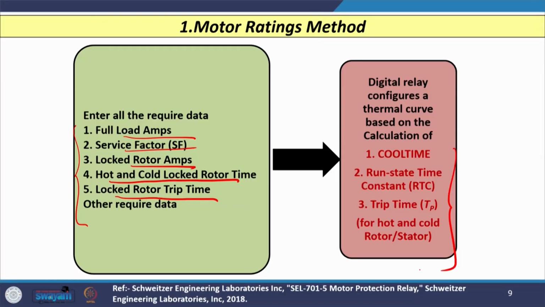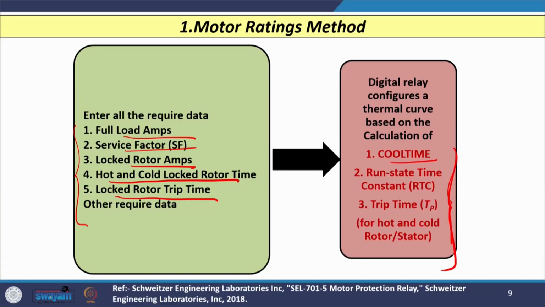it configures a thermal curve based on the calculation of three parameters. These are the cool time of the induction motor, the second is the RTC, that is the run state time constant, and third is the trip time for hot and cold condition of the rotor as well as the stator separately. So, these three things are calculated based on the data given as an input to the digital relay. Let us see how these three parameters are calculated by the digital relay inside and what equations are used. Let us start with the first, the run state time constant,